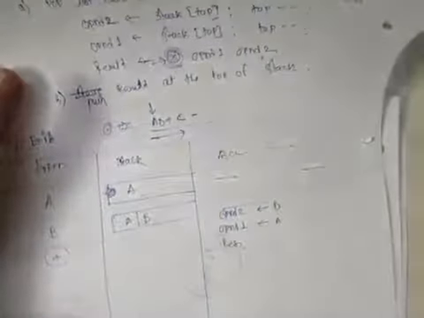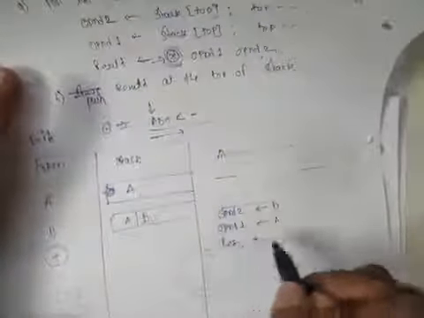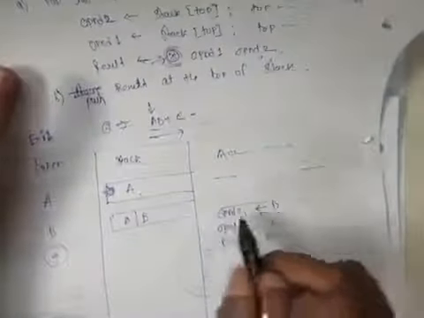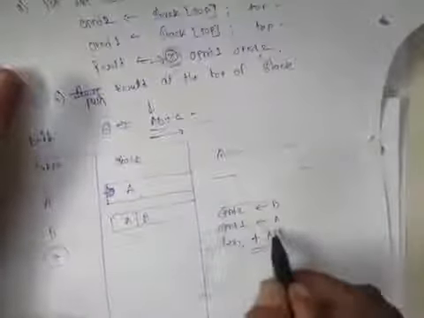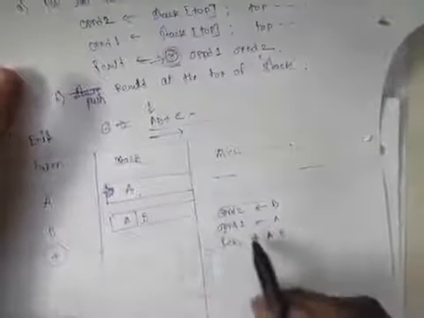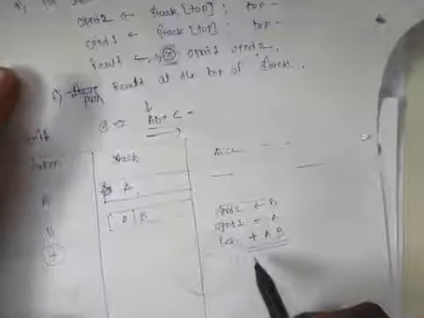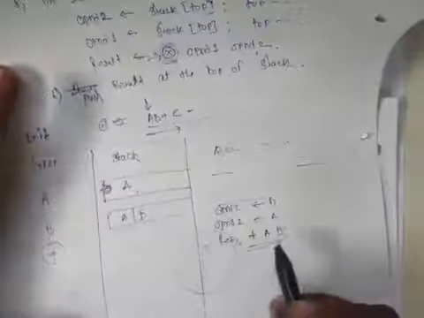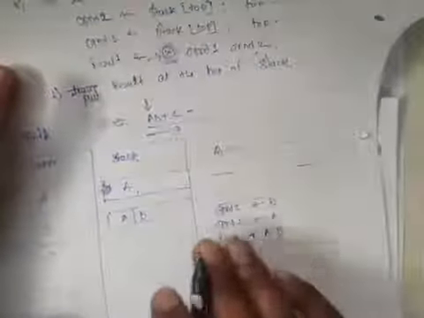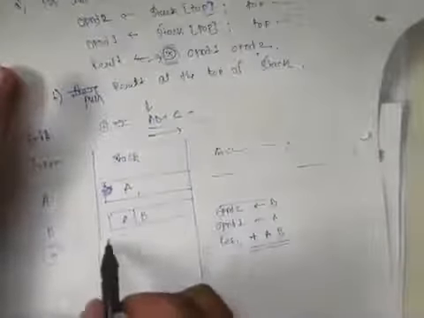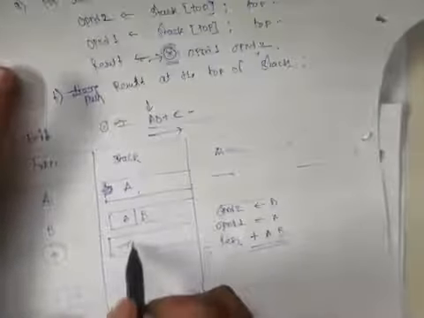And finally in result, whatever operator we have, we put that operator before operand 1. So operand 1 is A, and operand 2 is B. So this is your final result. Push that result on the top of the stack. Here we are not going to push parentheses. I already explained that we put parentheses if and only if we convert from postfix to infix or prefix to infix. So finally the stack has plus A B on top.